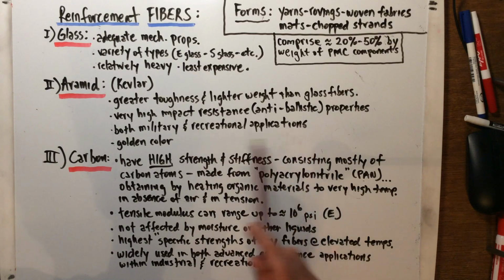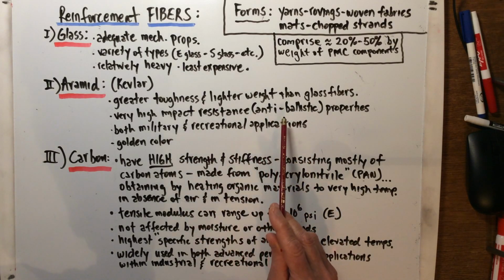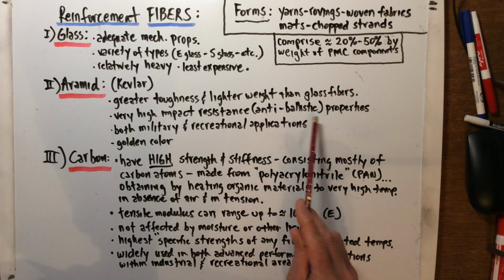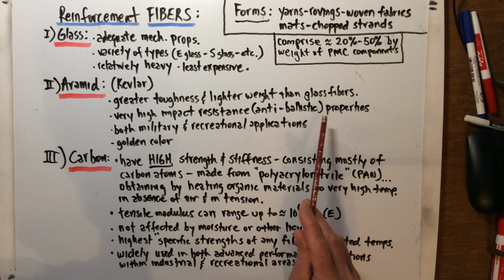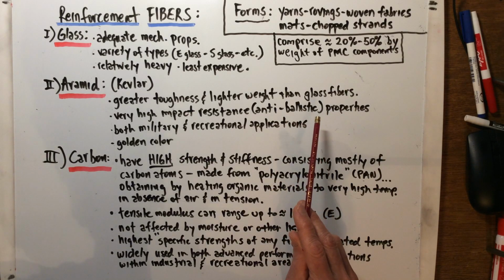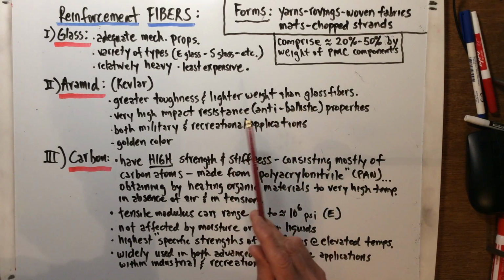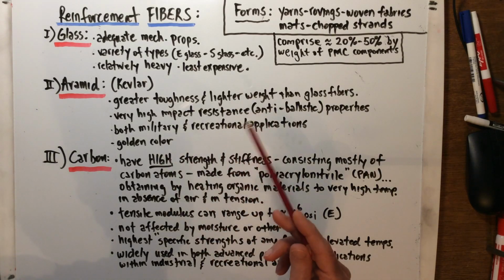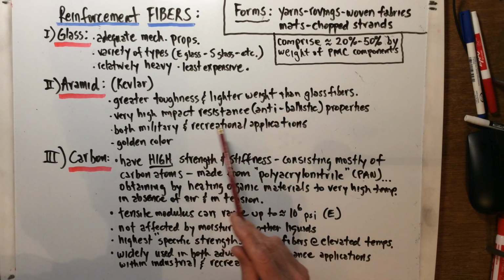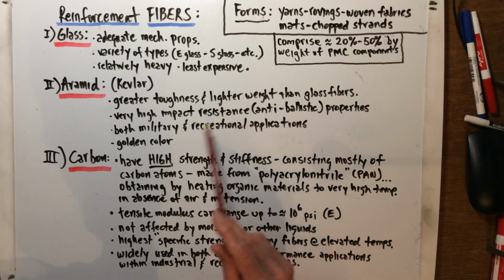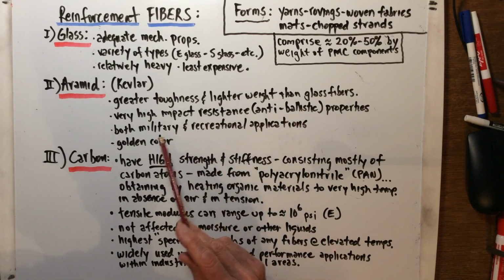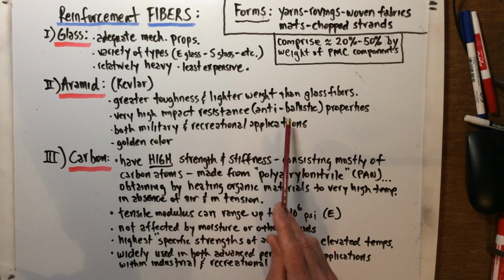It is used, of course, in the bulletproof vests that you see people wearing, both from some of our first responders and military folks, along with the actual military vehicles, aircraft, etc., which use these Kevlar panels